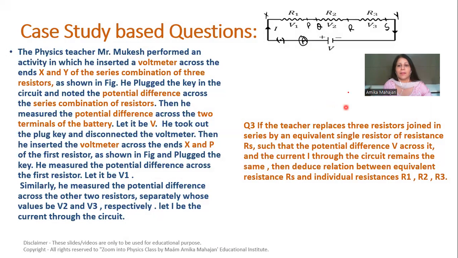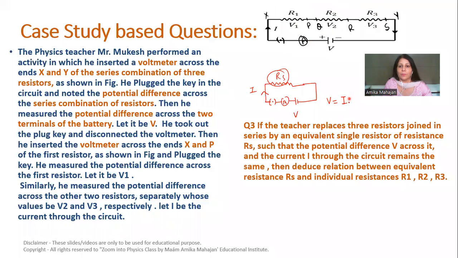Now last question, if the teacher replaces three series resistors by an equivalent single resistor of value Rs connected to same source of voltage V through ammeter and key, such that same current I flows through this Rs. Now, because we have replaced this series combination by single resistor having same value as that of net resistance of all these three, that means voltage across Rs will be